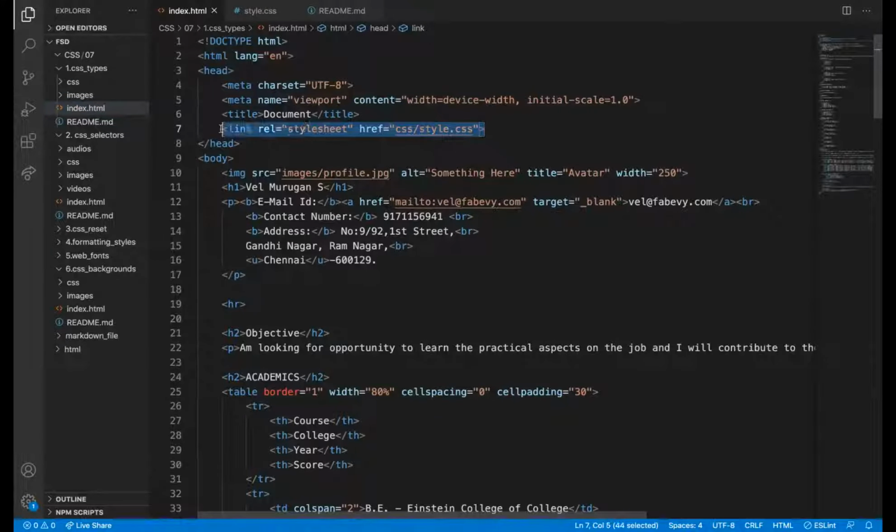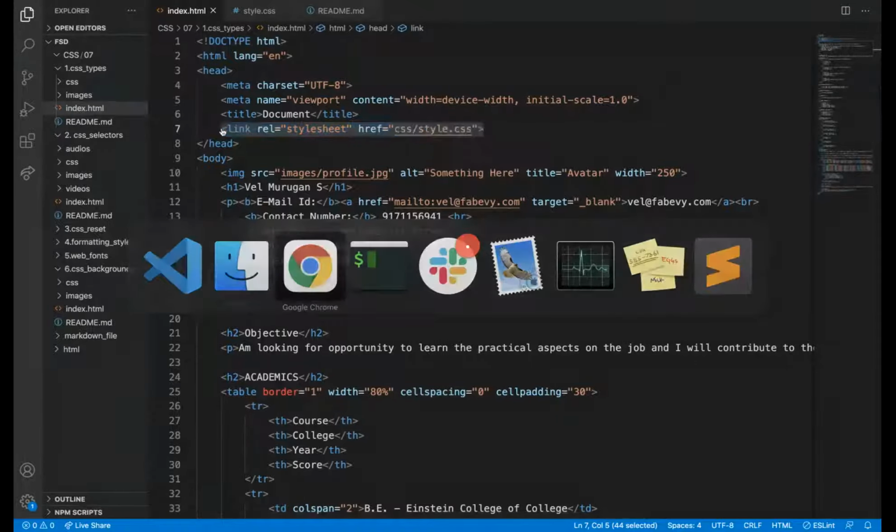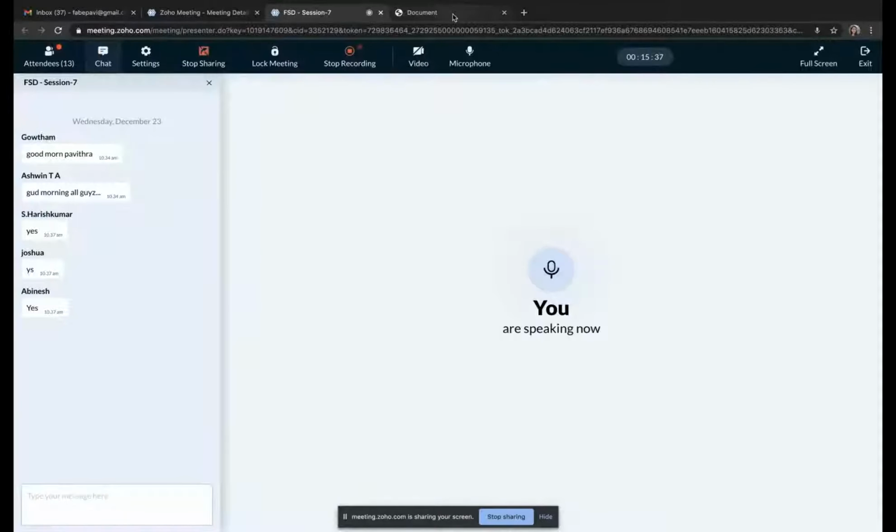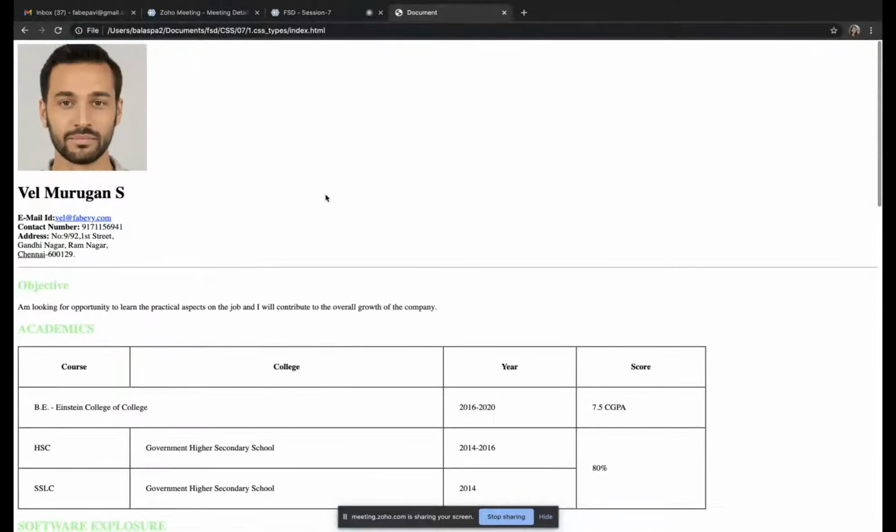So I can simply copy this line and paste it in the 500 pages where I want that style to be reflected. It will get reflected. See, pale green. Fine.